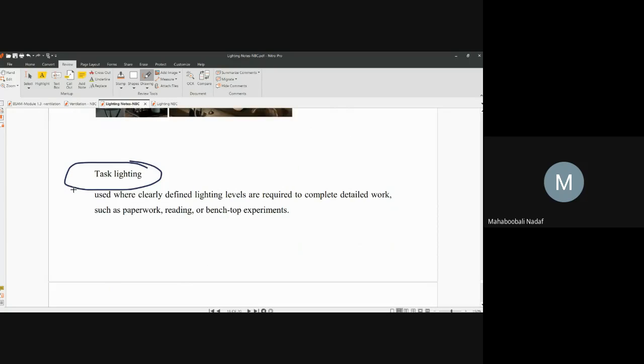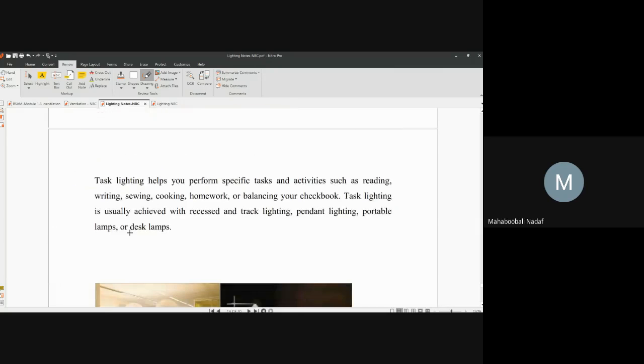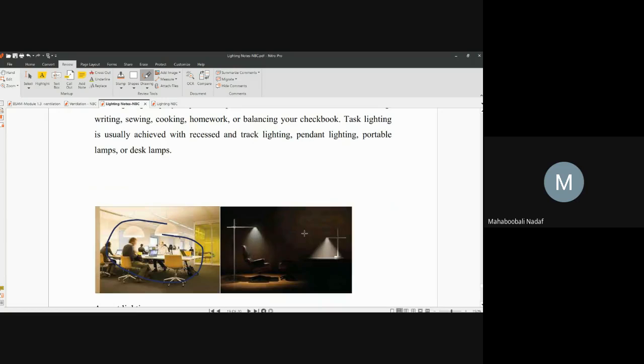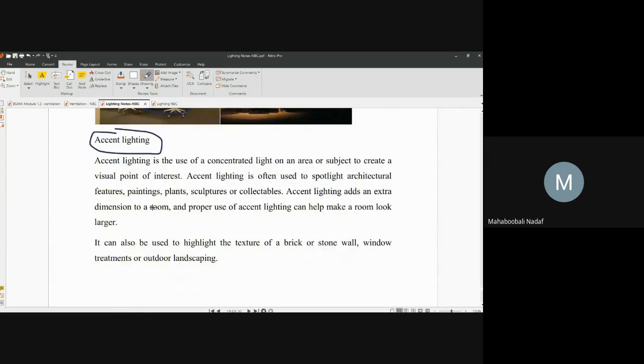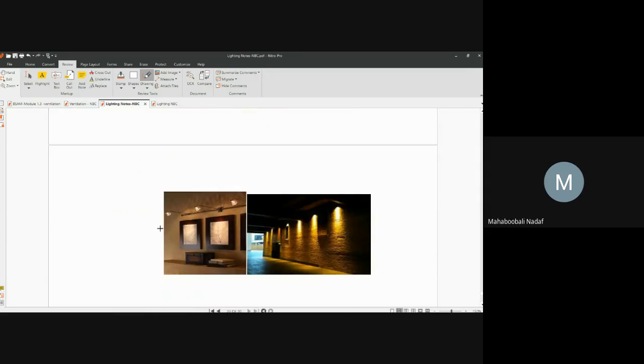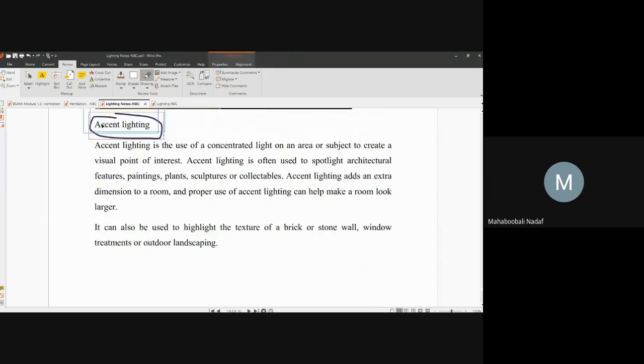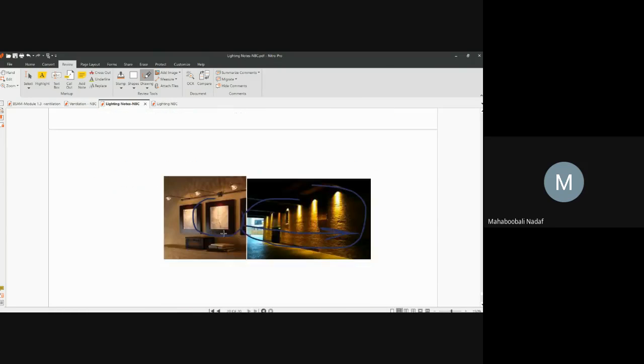Task lighting means whenever you are doing some specific operation, you require lighting only for that working plane. That is called task lighting, like in an office, study room or reading room. Accent lighting means you want to give importance to a structure along with the neighboring structure, such that one common movement of the passage is achieved. That is accent lighting, such as lighting arrangements on paintings and sculptures. Is that okay?